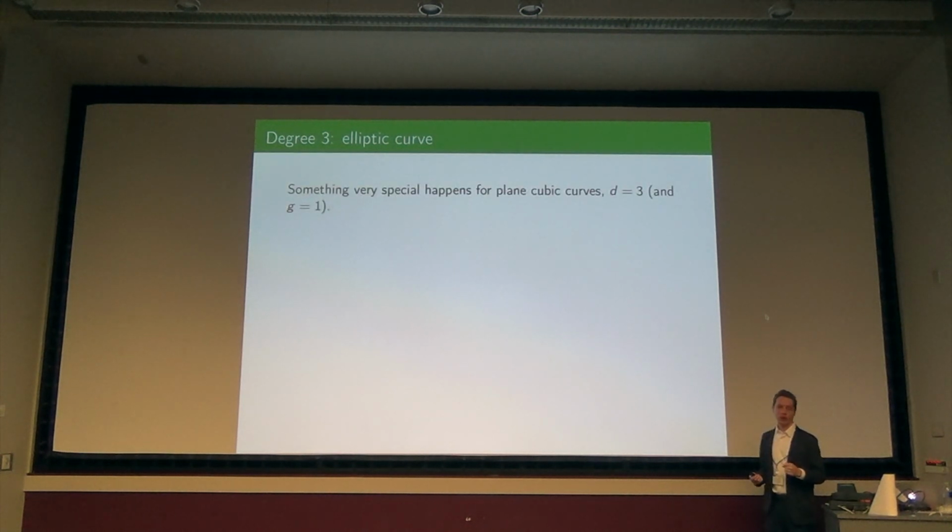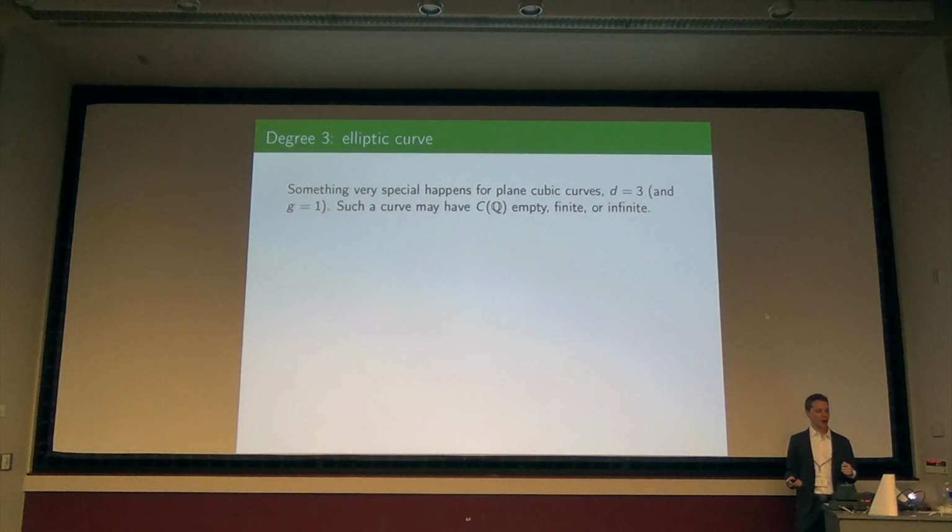So something very special happens in this case. The genus is equal to 1, right? From that, already (d minus 1)(d minus 2) over 2 is equal to 1. Now, here's the kind of funny thing. This set of solutions may either be empty, finite, or infinite. Okay, and that's what we're going to be talking about. When should you expect one or multiple of these behaviors? Sort of what, in a family, could possibly happen?